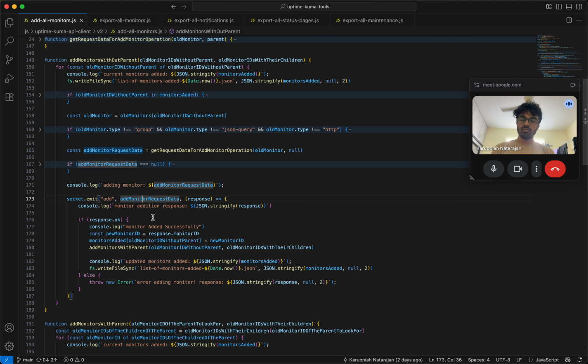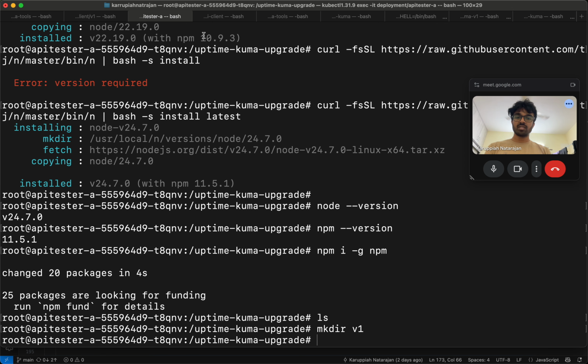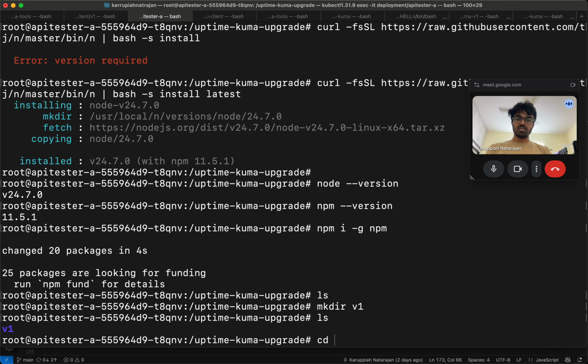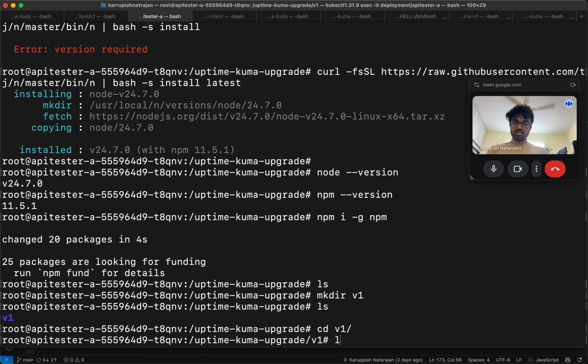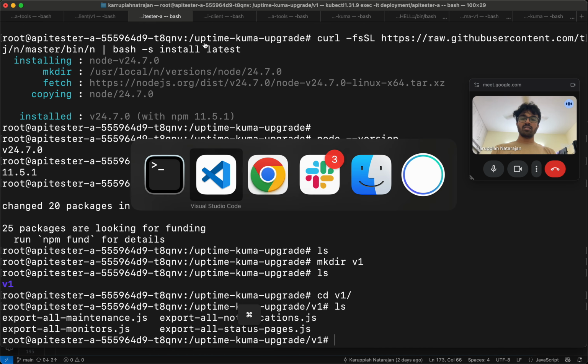Basically, I can actually do something like not have it inside this, and instead maybe have an asynchronous thing. Before I do that, let me go ahead and get all the monitors, right? So I'm just gonna go ahead and say